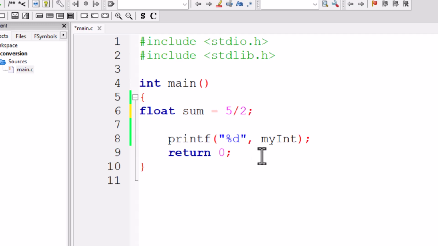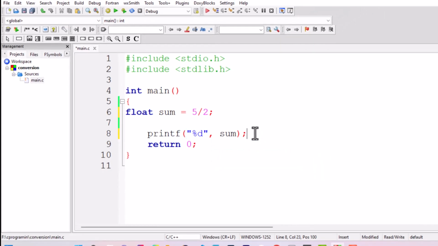And now I print this out as sum, and this probably should give us 2.00000. How many zeros? Okay, there are 5. So if I run it,